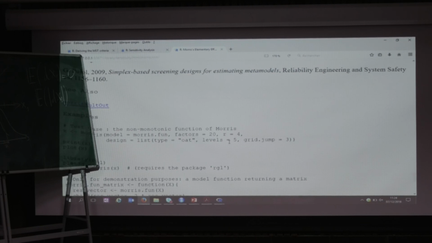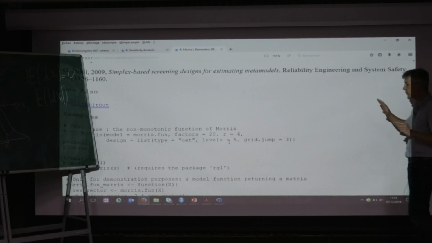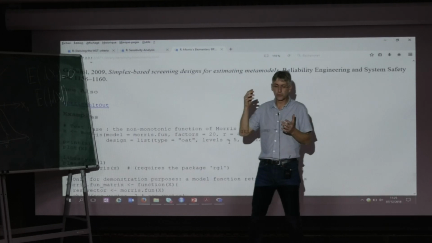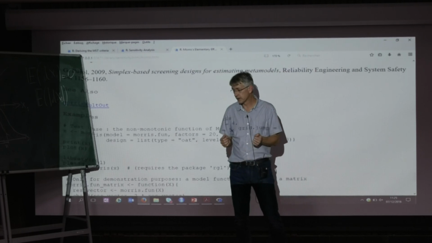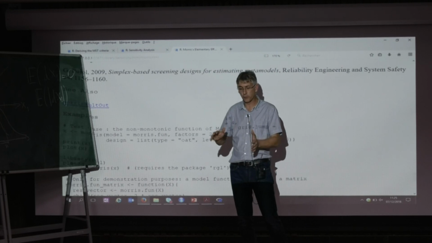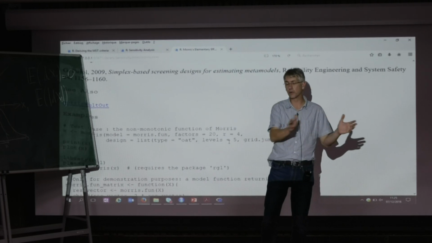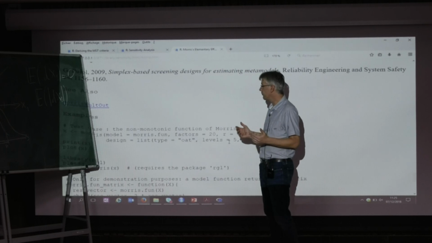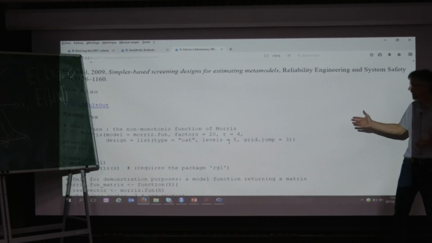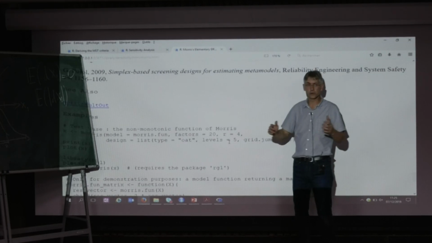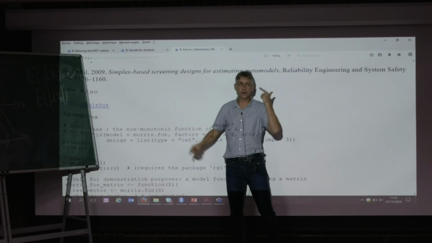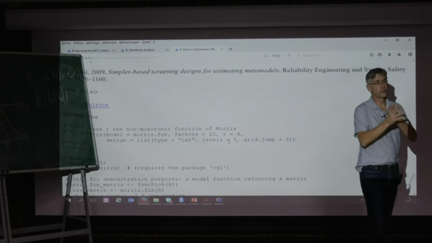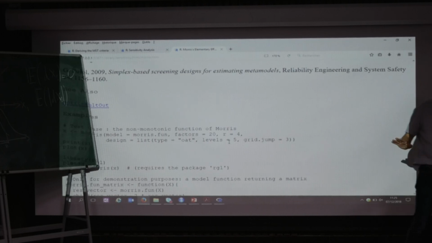What I want to explain, which is very useful with this package, is the case where you study a model which is not coded in R. This can be your case. If your program is a C program or a Fortran program that runs on another machine, it can be complex, because all is integrated in this function. This function creates the design for you, runs the function for you, analyzes the output for you, and gives you the plot. All is done.